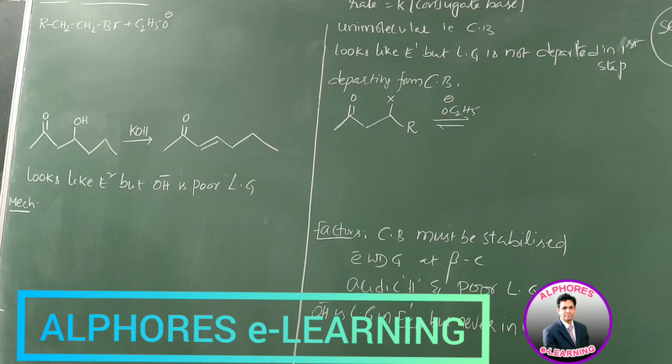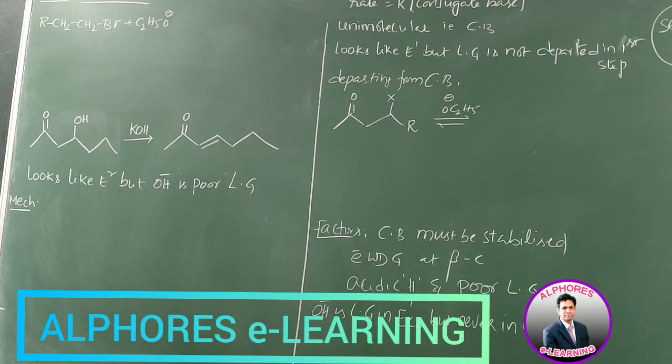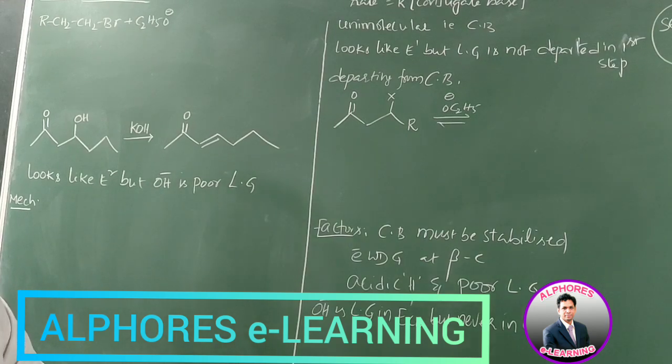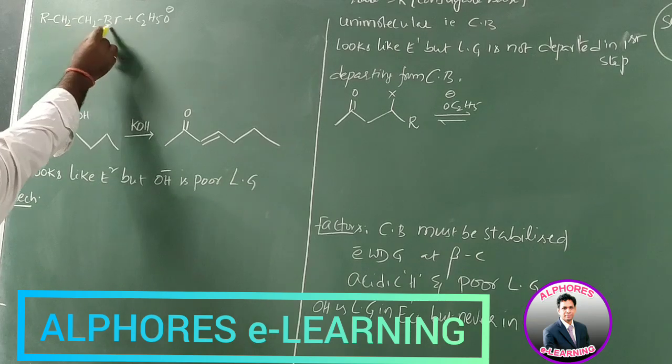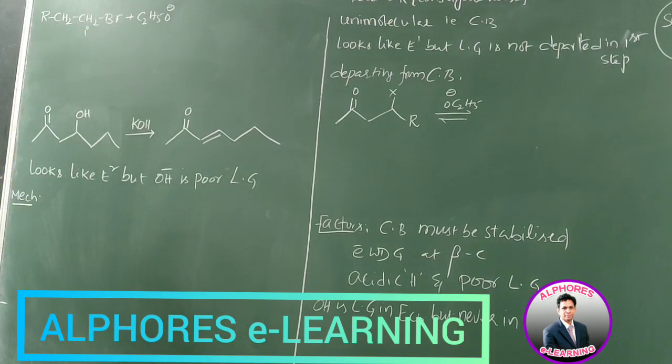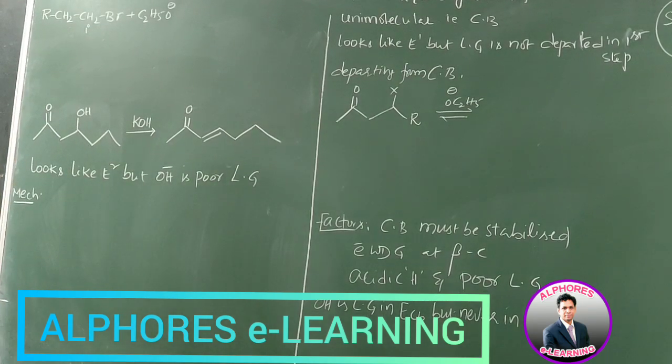Today we are going to discuss a different type of elimination. In the previous session we discussed E2 and E1 elimination. Now let us see this example: RCH2CH2Br, which is a primary alkyl halide. This one, upon reaction with ethyl